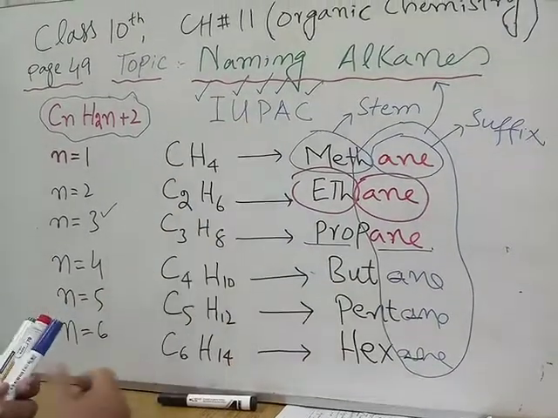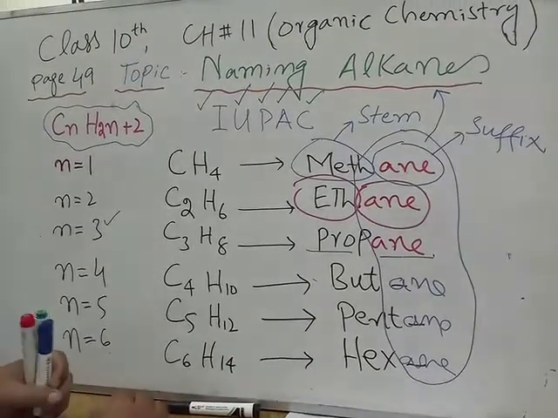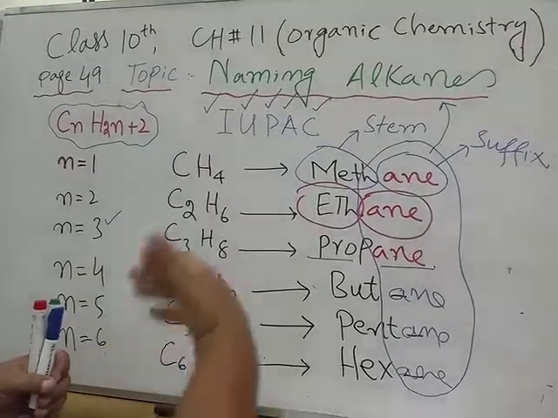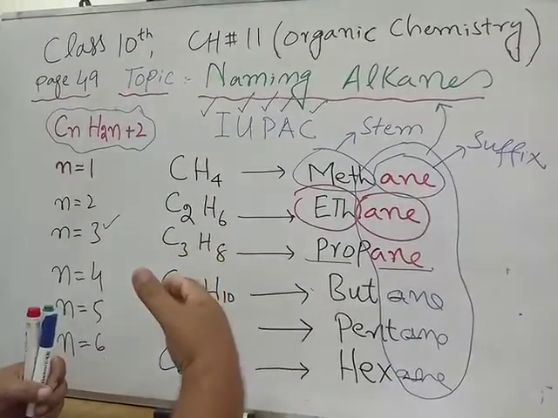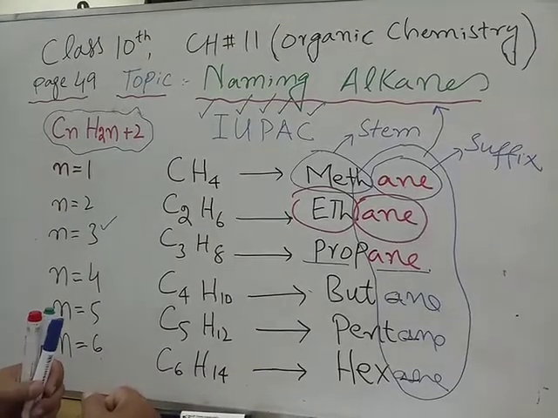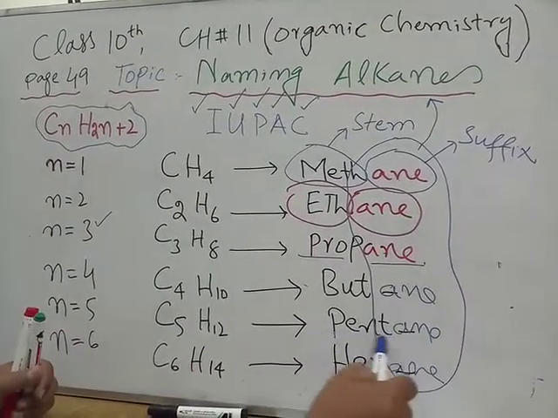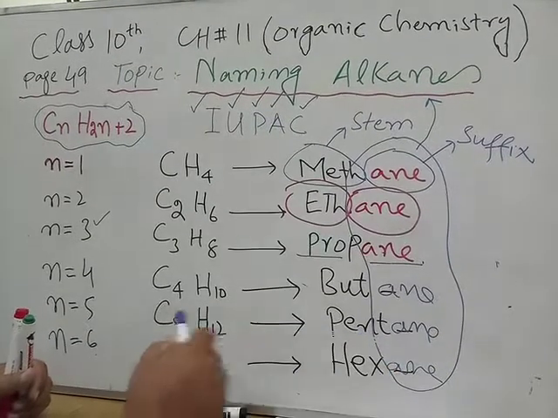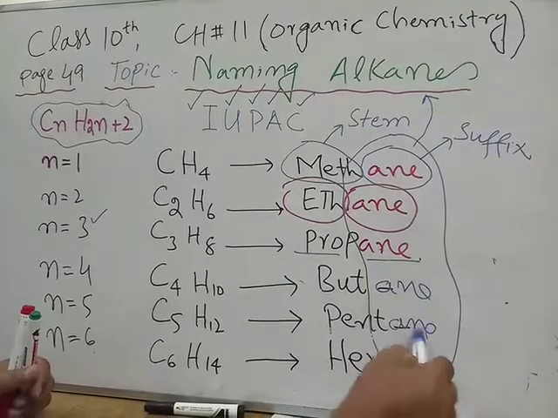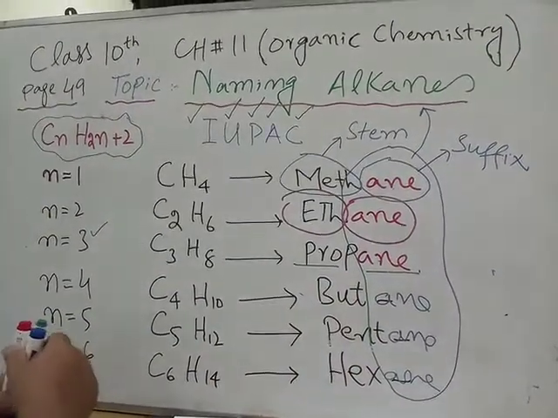For example, you can have a question in your exam that says draw the structure of pentane, draw the structure of hexane, heptane. So let's say there is a question that says draw the structure of pentane. First of all, check pent. Pent is the prefix for pentane. Pent means 5 carbon atoms. Ane means it is an alkane, so this represents the class. So you can easily draw their structures.